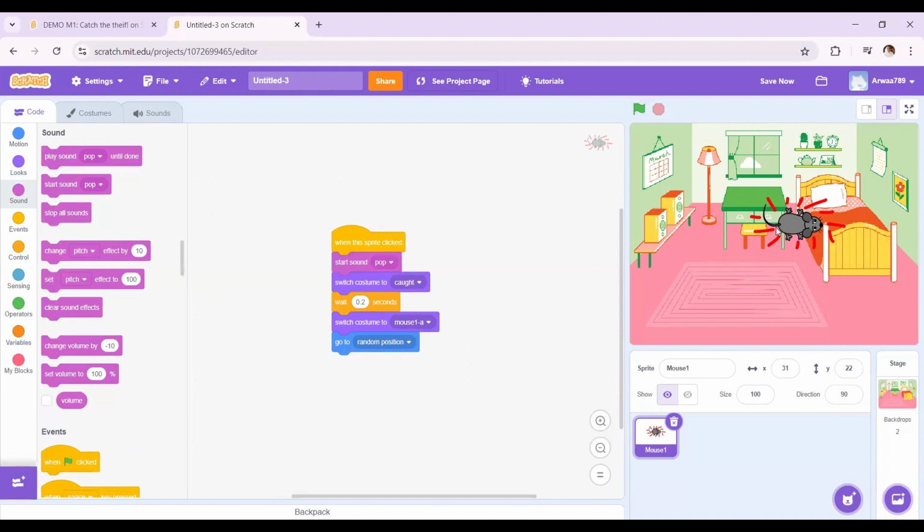So now let's test our game. Let me enable the sound. Let's test the game. So we see that there is a sound and there is also a costume change, and it moves to a random position. Now the second thing that we need to do in this game is that we need to add